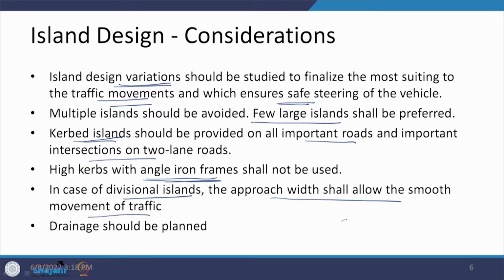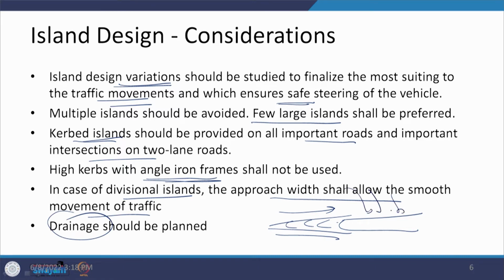So, the divisional island has been there, and the traffic is coming from this direction, as we already talked about, that the chevrons or the diagonal markings are going to be there. So, this approach width which we are talking about should provide smooth movement. Drainage is one aspect, that by way of the provision of these islands, the flow of the water, if it